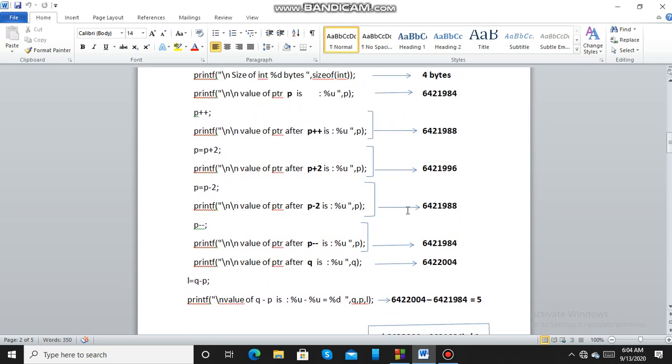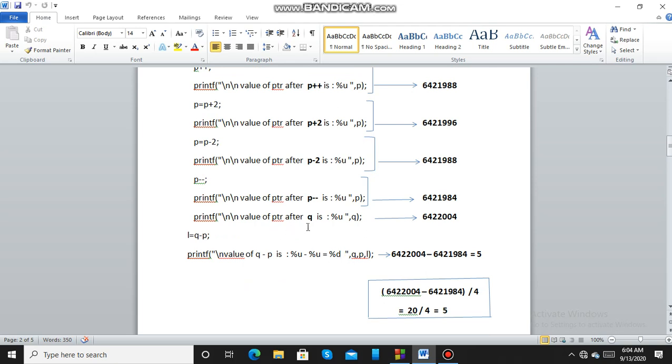Then I am using the decrement operator. Decrement operator means 1 * 4 bytes. Size of integer is 4. So 1 * 4 bytes will be reduced from the current value of the pointer, that is 6421988. 4 will be reduced from that, and now the pointer will be pointing to the address 6421984.